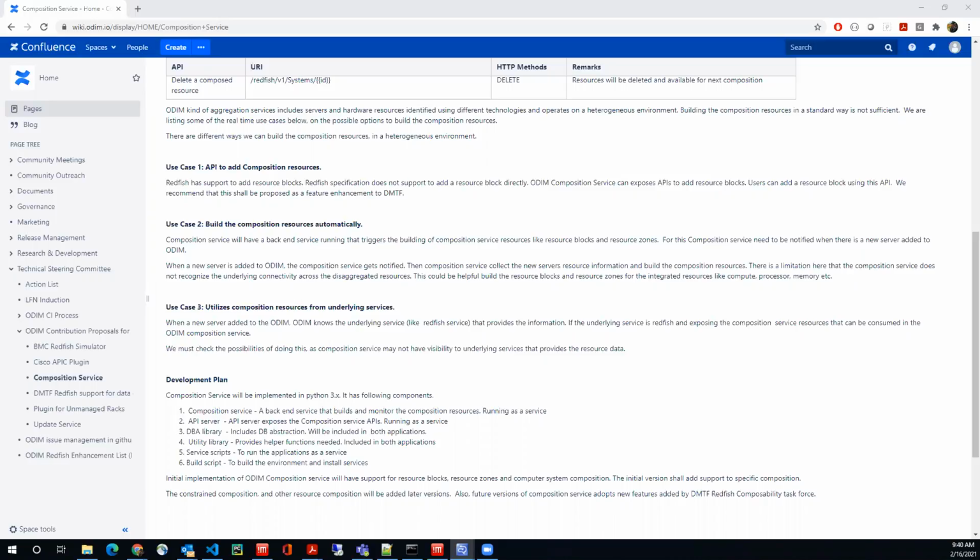based on whether those resource blocks fall into the same zone or not, based on the hardware connectivity. For example, I have a computer system and I want to attach storage drives to it. I do not know whether it is possible or not, depending on the hardware interconnectivity. So if they are, then they will fall into the same resource zone, like the computer system and the fabric switch connected to it can fall into the same zone. That's my understanding.